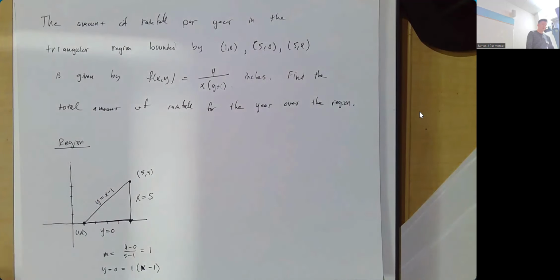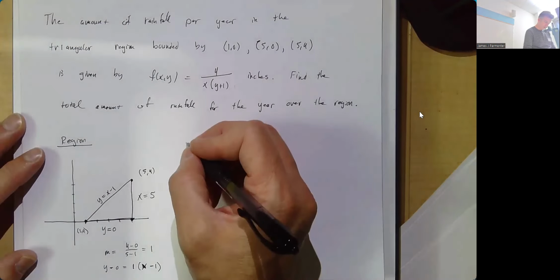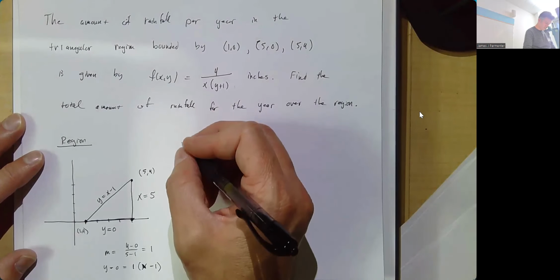And then you can use any kind of strip you want. Most of us are most comfortable using vertical strips, which is what we're used to. We're used to thinking of top minus bottom, and then going from left to right. That's what I would usually encourage. That's what I'm going to encourage here. So the total rainfall